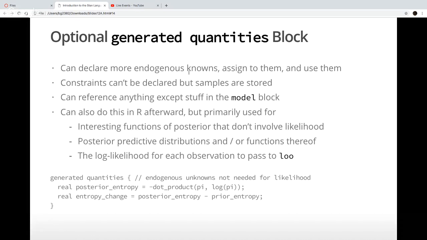So there's a lot of things you can do in generated quantities. As an example, I calculate the posterior entropy and how much the entropy changed from prior to posterior, just more as an example of how to use the generated quantities block rather than anything that I wanted to make an inference about. But this tells me something about how much more order I've obtained in my beliefs about the parameters as a result of having conditioned on all this data about both.